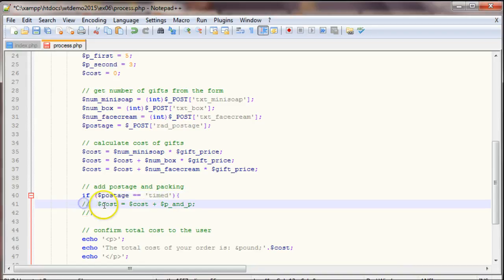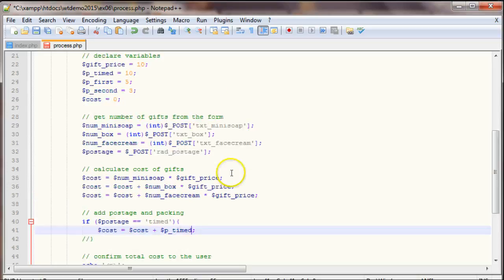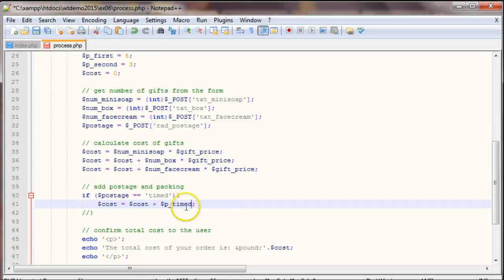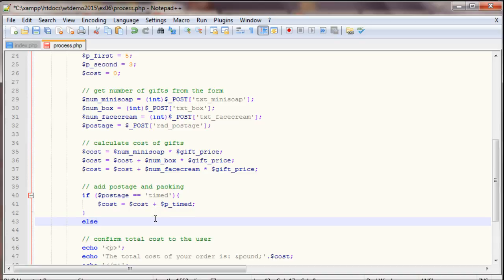So what do we want to do if the value is timed? We want to add the variable $p_time, so the £10 postage. So that will add our £10 if the user has selected a timed postage. Otherwise, if they haven't selected that, else we want to do another test that says if $postage is equal to first,